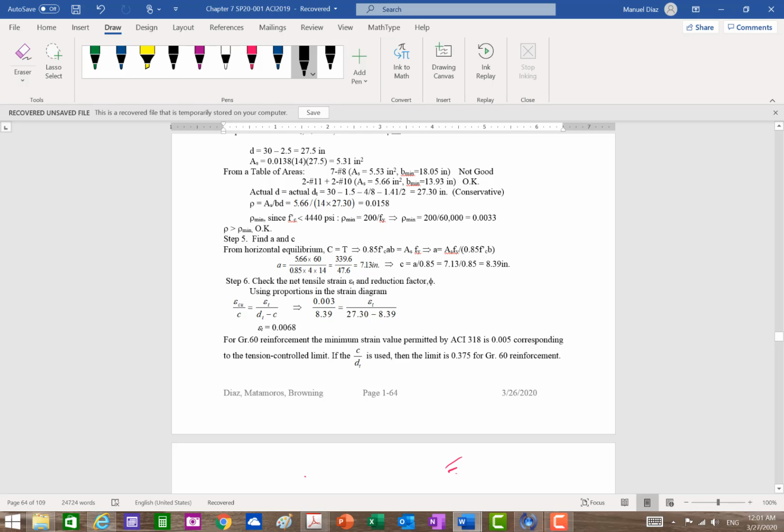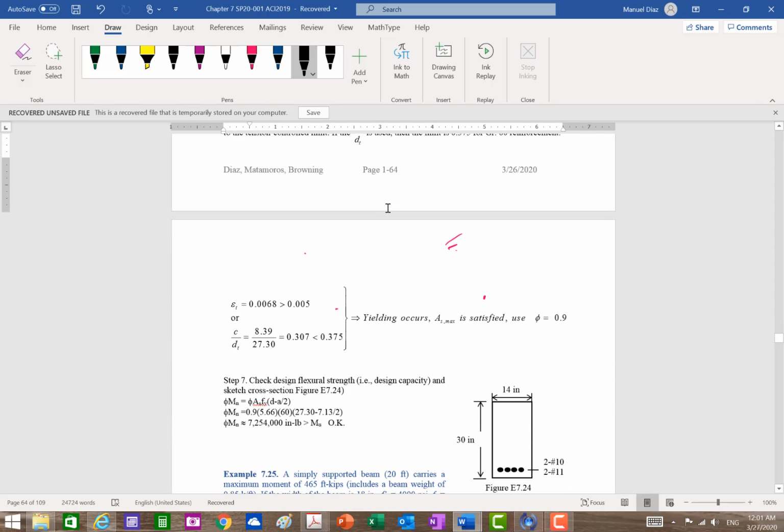Finally, we're going to find the phi m sub n. So you find your a, find your epsilon t. Notice that the epsilon t got a little bit less than what we assumed, right? That's what they say. You may not get the same, right? So we got a little less. Right? And the reason is because we're putting more area than what we actually need, right? And so that makes a difference. And so you can check it either by using the epsilon or using the c over d sub t, whatever you like. And that means that you're satisfying your 0.9, your a is maximum, you check your strength, and now